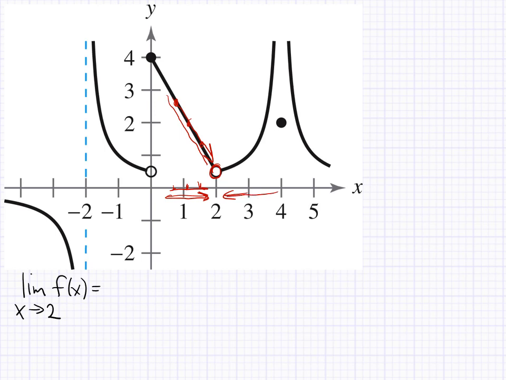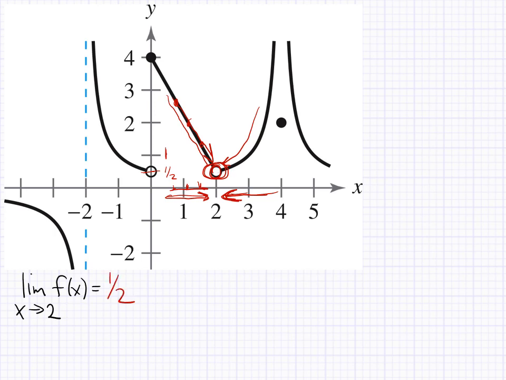And as x gets closer and closer to 2 from this direction, I'm traveling along the graph this way, all the while traveling towards this open circle, which is sitting at a particular y value. It appears that y value would be, if this would be 1, a half. So it looks like the limit as x approaches 2 for this function would be a half, but that's